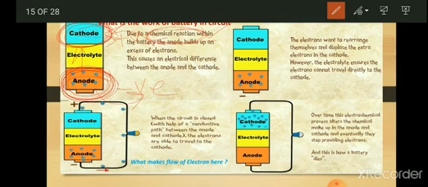Due to that, if we connect a wire from anode to cathode in the presence of any resistance, it may be a bulb or any electric appliance,